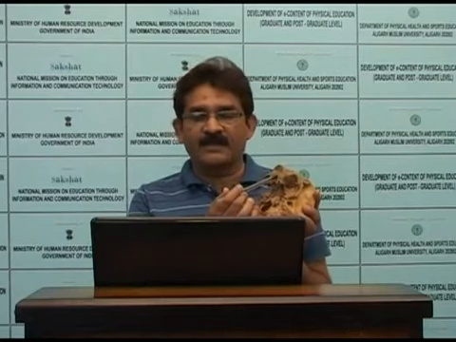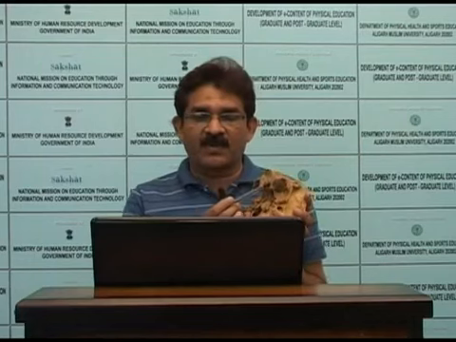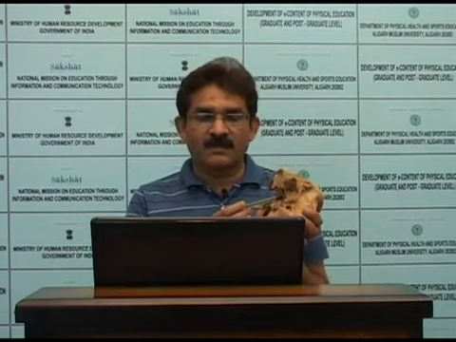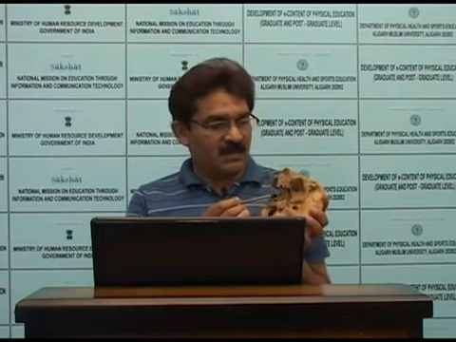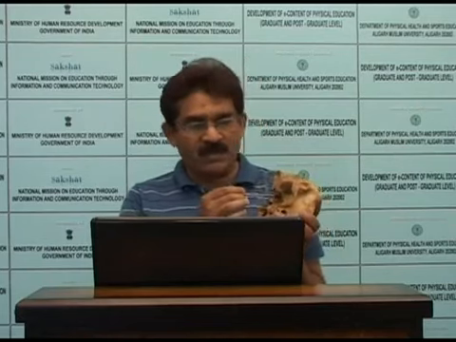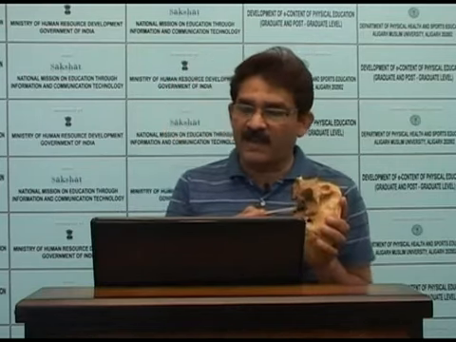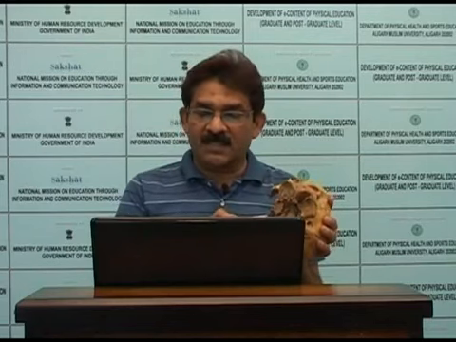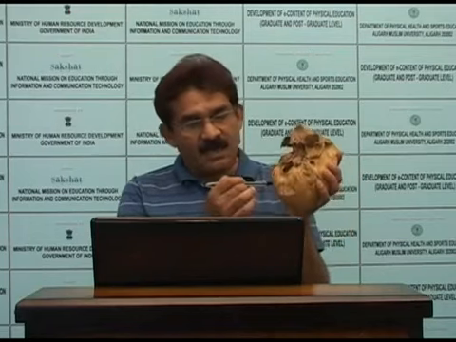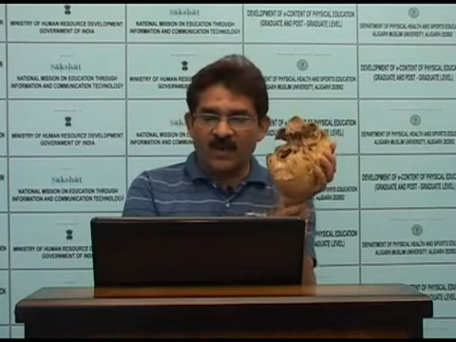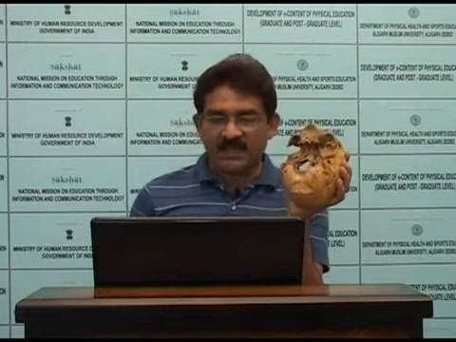This is the palatine process of the maxilla. Number 2, palatine bones. Number 3, sphenoid bones, and number 4, vomer bones. This is the vomer bone. And number 5, temporal part. Number 6, occipital. This area is the occipital part of the skull. Numerous foramina can also be identified in this section.